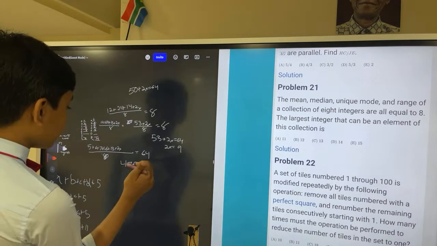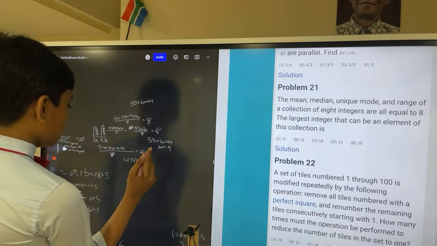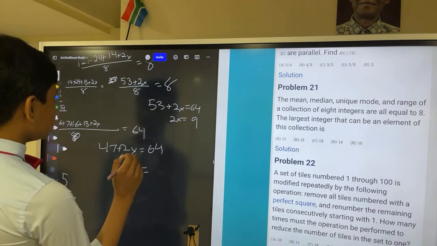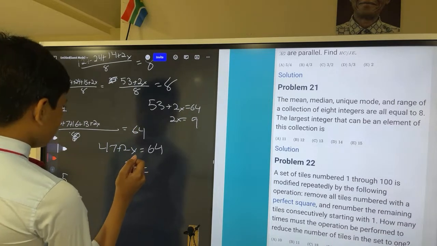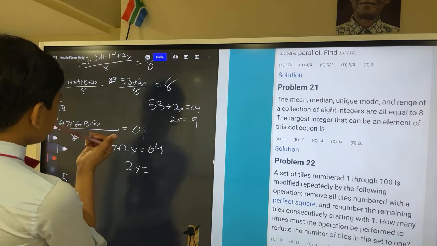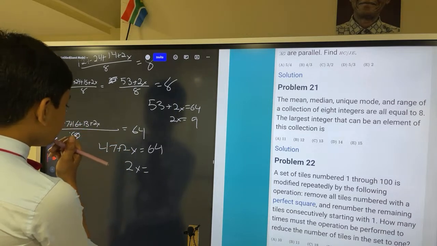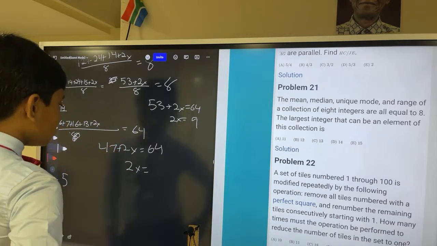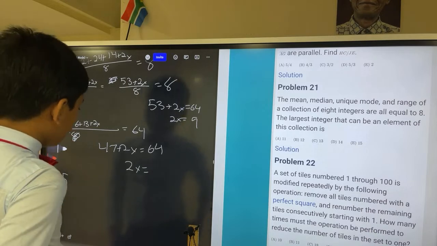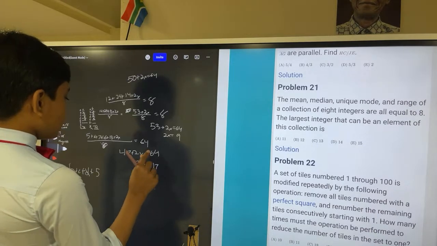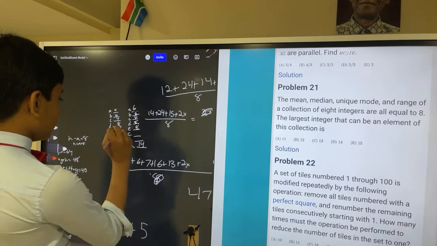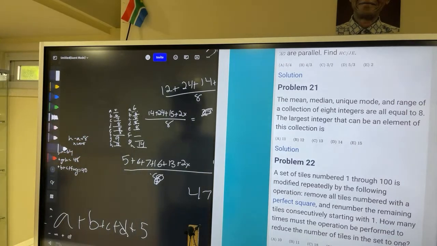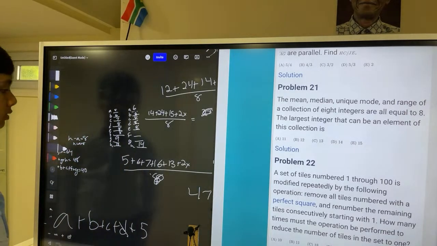However, we could fix that problem. Because 47 plus 2x is equal to, what's 64 minus 47? Well, 64 minus 50, which is 14, plus 3, which is, wait, no. 14 plus 3, which is 17. Okay, so it could be 8 and 9. So that's our set. I think the largest one